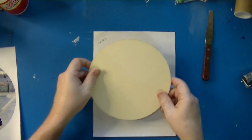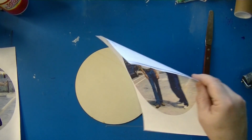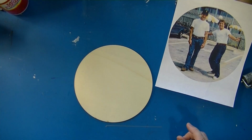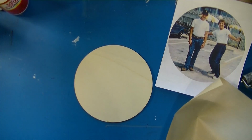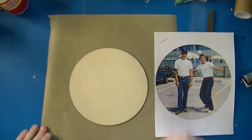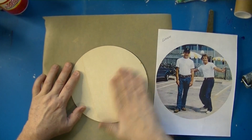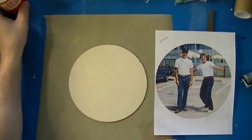All right, now let's start by transferring the laser onto the wood. So we'll do that one first. And what we're going to use is Mod Podge. I usually use gel medium. However, because of the Krylon clear coat on the inkjet paper, gel medium reacts with that, but Mod Podge does not appear to react with it. So in this case, I'm going to use the Mod Podge to apply